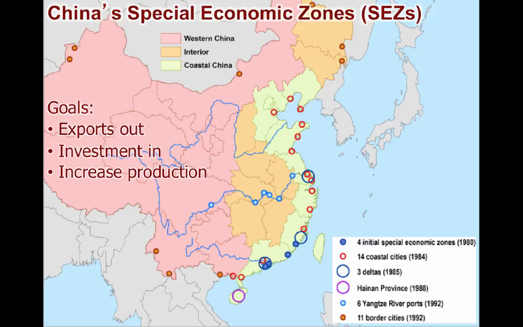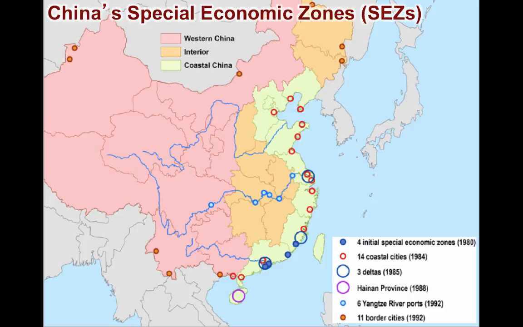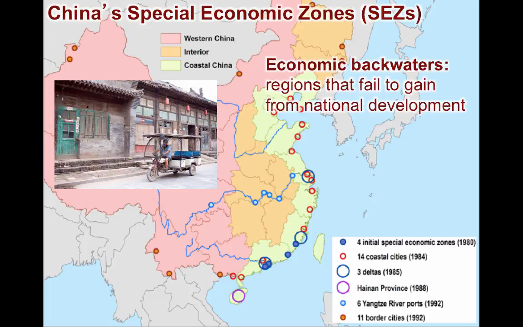The SEZs also show China as a mixed economy, which means the government, while still communist, allows for some capitalist ventures. For instance, firms in these regions can largely hire and fire employees as they see fit, and can work for profit. While the SEZs have benefited China in the aggregate, development has not been uniform. Many coastal cities such as Beijing, Shanghai, and Guangzhou have benefited greatly, but have, in a sense, adversely affected other regions along the interior who have been left to the economic backwaters,